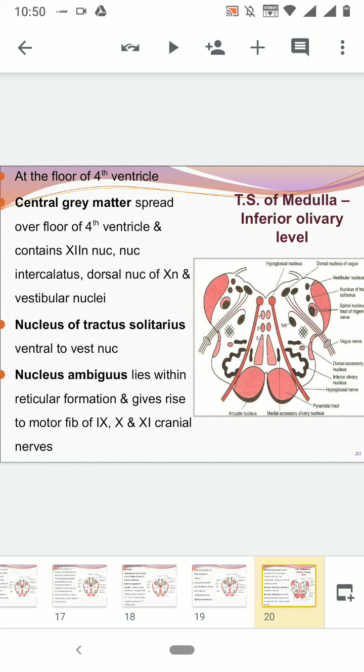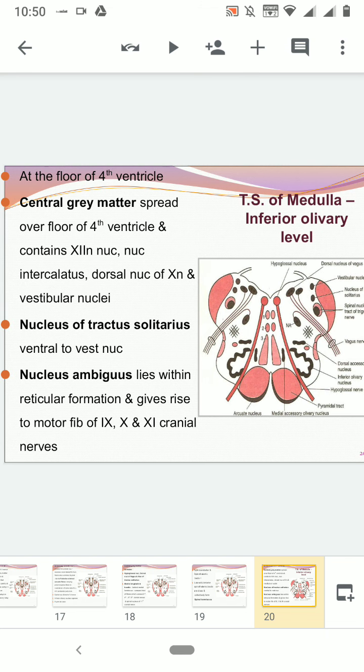Okay, so as we go above, as we go more laterally, what do we see? What nuclei do we find? We find the formation of the vagus nerve. Remember that the medulla oblongata is not only giving rise to the hypoglossal nerve, it also gives rise to the 9th, 10th and 11th cranial nerves. So the nuclei of these nerves have to be present. So you have the nucleus of tractus solitarius, nucleus ambiguus. Let's first come a little more laterally and talk about this nucleus ambiguus, which is labeled as Na.